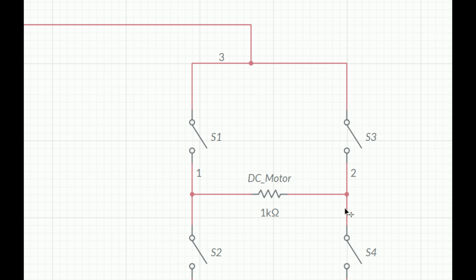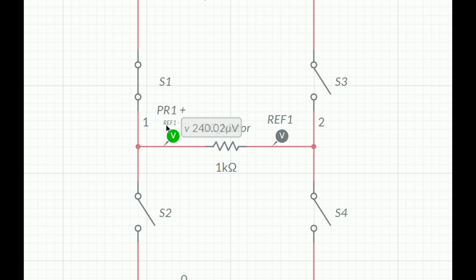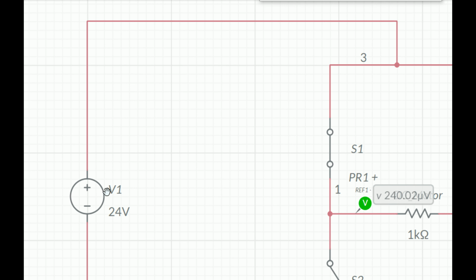I run the simulation and it has started. Now see, there is no load here. We also use a voltmeter to see what we are getting. So I attach a voltmeter positive probe here and a negative probe over here, like this. Right now once I run the simulation, you see 0 volt. Now if I open this switch, see, still some leakage voltage, we still didn't get the 24 volt,